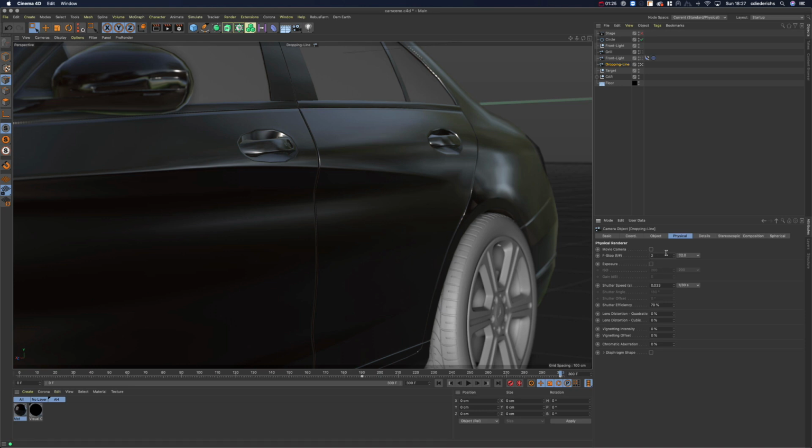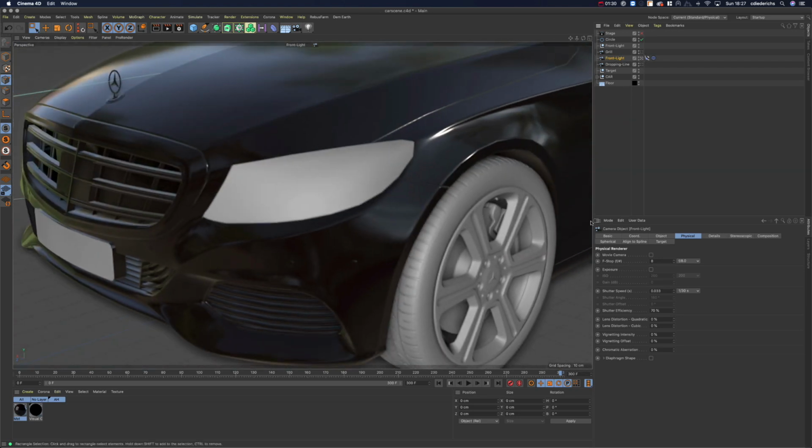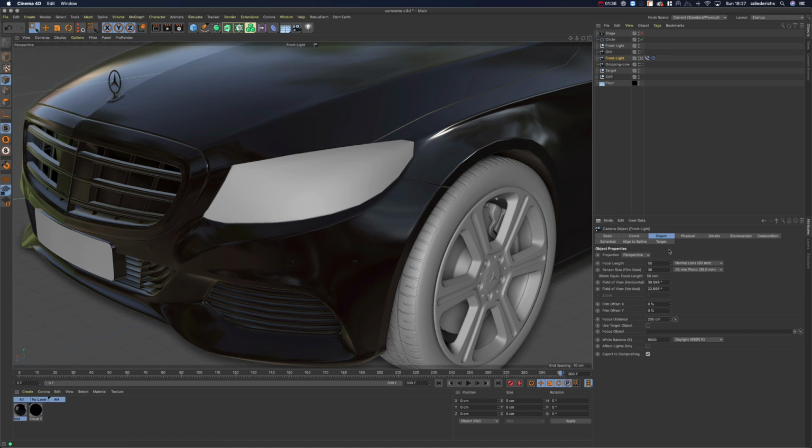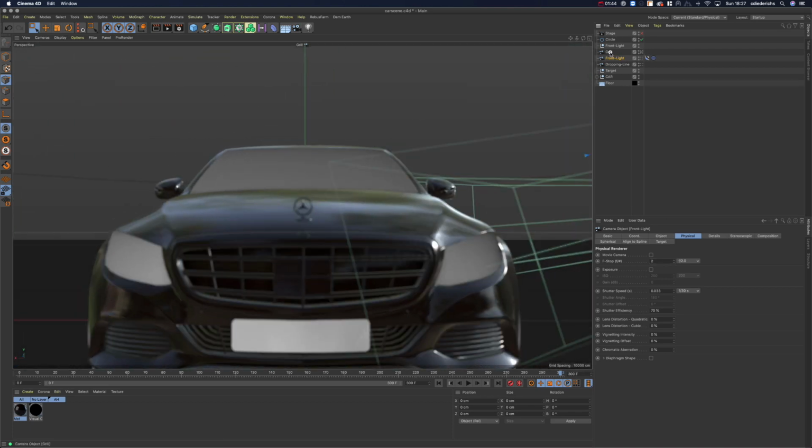This is exactly replicated in here. So also for the front light, let's check that. We want to be in focus here. So let's go to 200 and then we're in focus here. Let's check the physical. We can decrease this also a little bit so that we have a bit more blur in the background. And where this will be maybe most pronounced will be on the top, and let's say